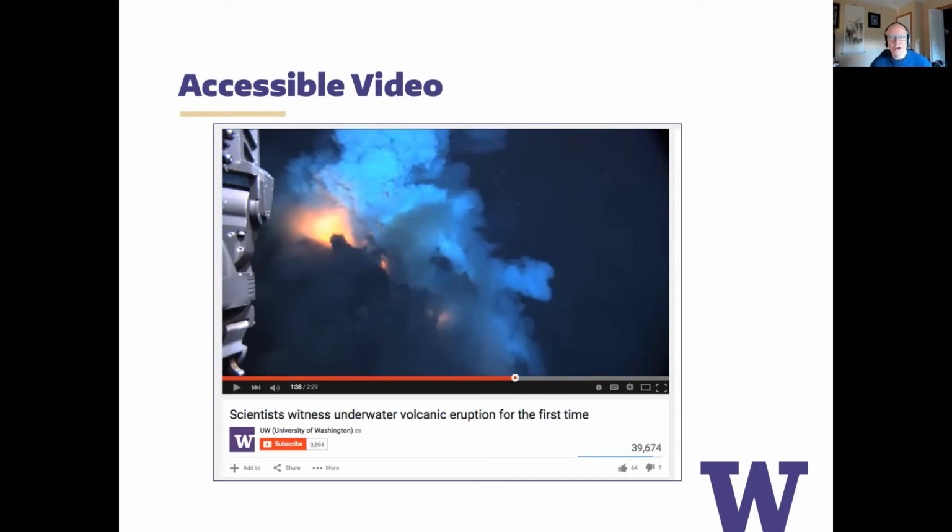Also, the player itself. Imagine Conrad, who's not using a mouse. He can't hover over the play button to click, or anybody who's not a mouse user, and there are lots of people who fall into that category. If they press tab, do they land on that play button? And then if they press enter or space, are they able to trigger that play button? And can they access all the other controls? So the accessibility of the media player comes into play as well with accessible video.